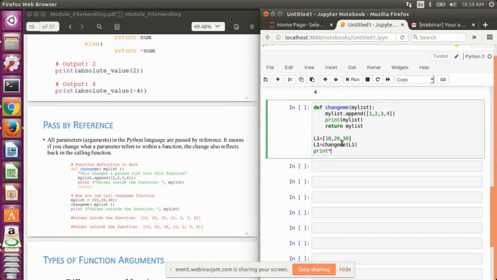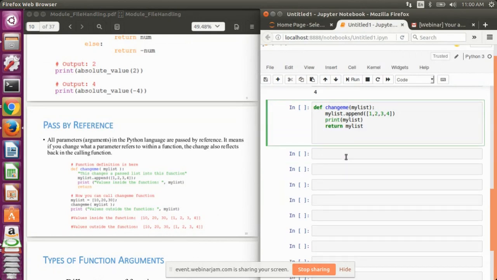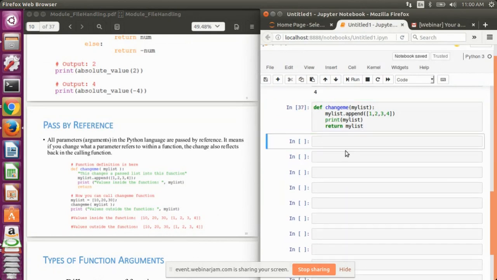If I print L1, let's write this statement before calling the function. Now the flow of the program is we define our list, take it to another cell. Suppose this is a function definition.